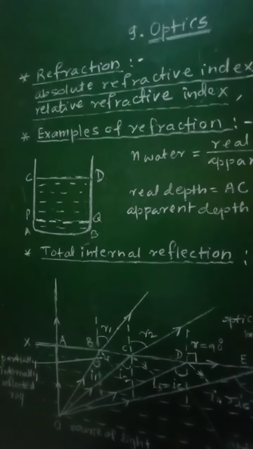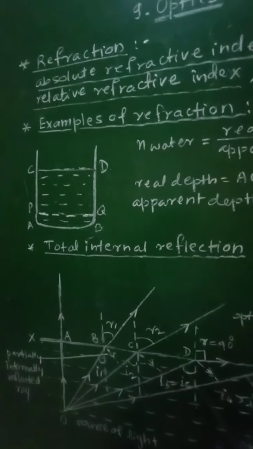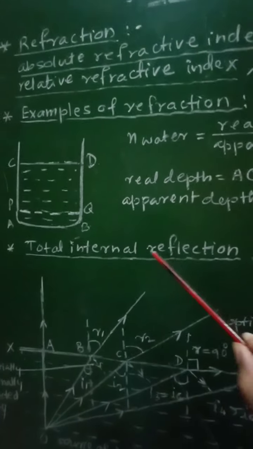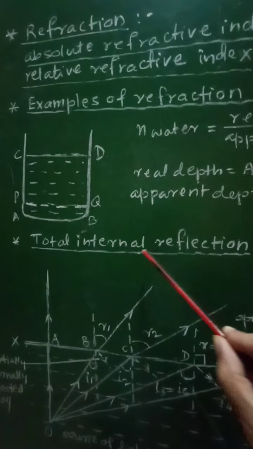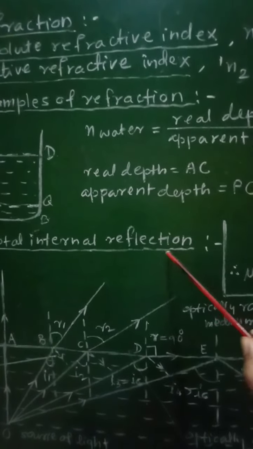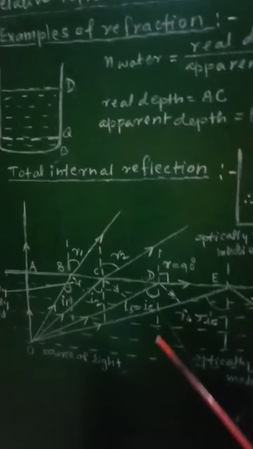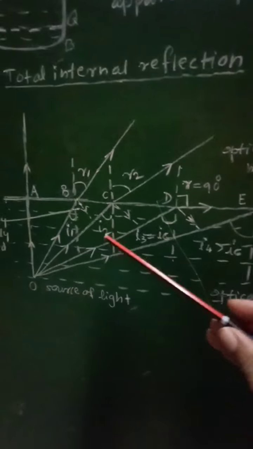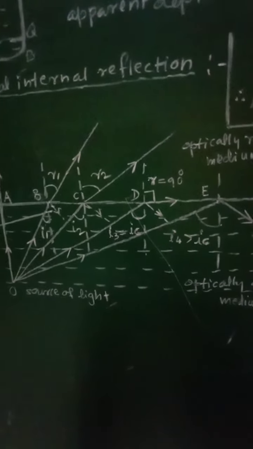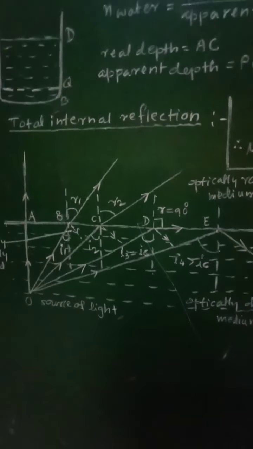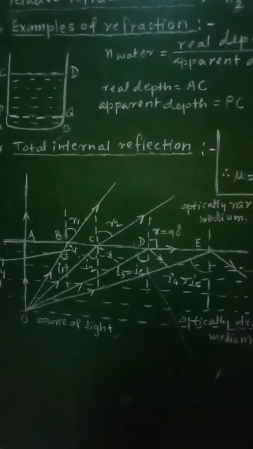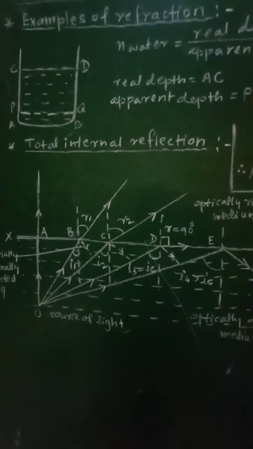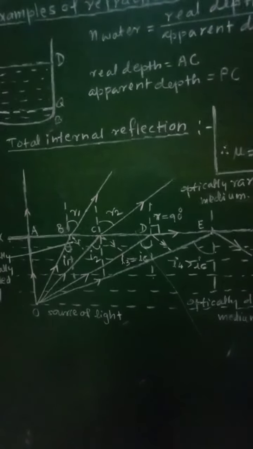Though we are dealing with refraction now, in the next point we will have to study what is total internal reflection, which is based upon reflection as well as refraction. So what is total internal reflection? In order to explain it, here is a ray diagram which will show the total internal reflection. First of all, I will explain in short its construction and working, and then in detail it will be discussed.